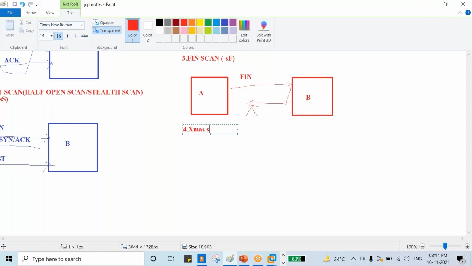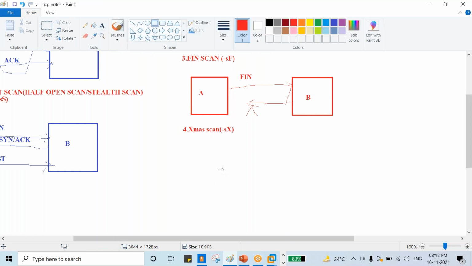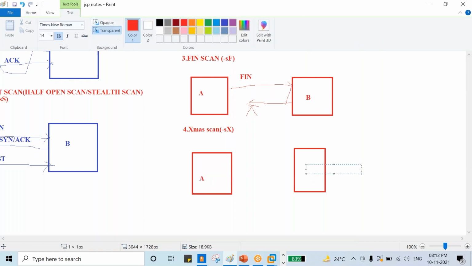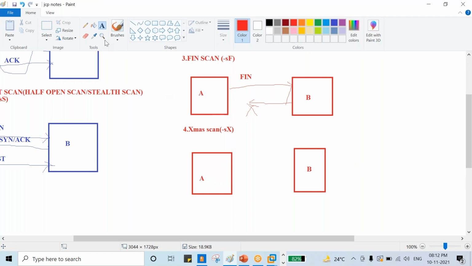It is indicated as -sX, capital S, capital X. Let's say this is A and this is B. In this Xmas scan, we are sending multiple flags.